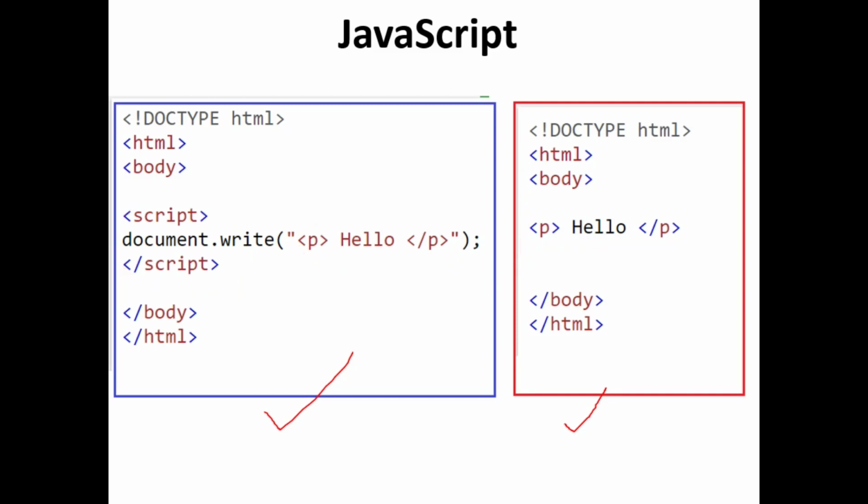Now you may ask one thing. Why should we adopt this difficult method? We can directly write hello inside p tags. Correct? No. That is because here I have taken a simple example. Most of the time we require JavaScript to make some operations on data that HTML cannot do itself. Here this is just an example of how document.write works. If I give one more example, I think you can understand very clearly. Let us see one more example.